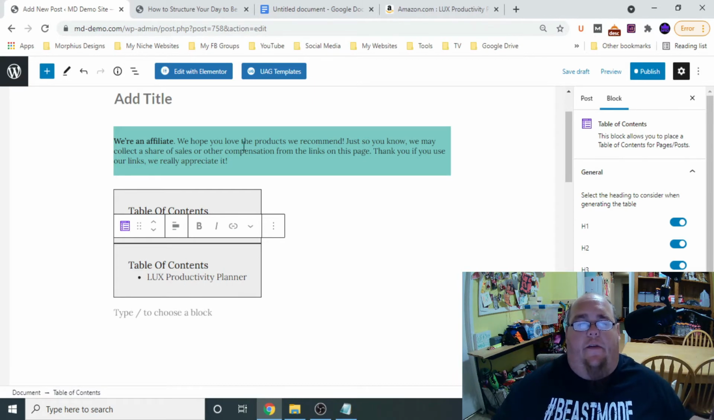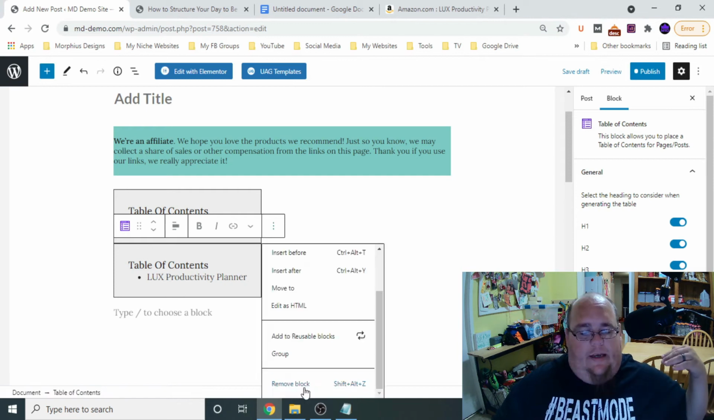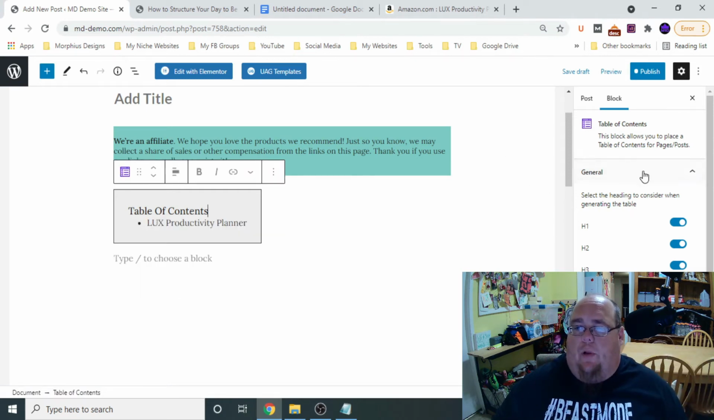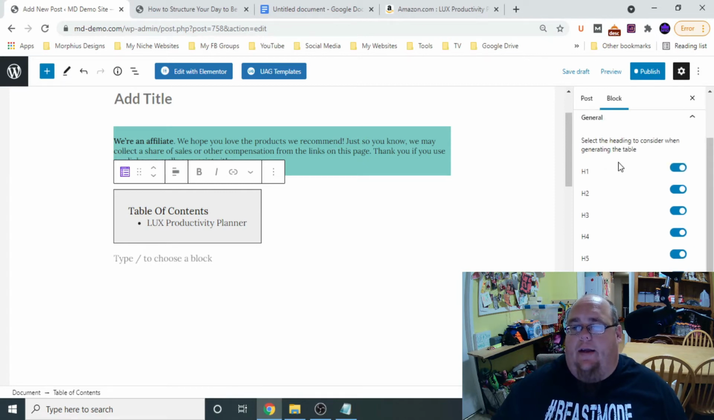So it's the same kind of thing. You're going to have to add it in, and then you're going to have to change how it looks to fit your needs or to fit your branding. Same thing is I'm going to go over here, and in the block settings, you can tell the table of contents what headings you want to be added into your table of contents. So if I click on all of these,